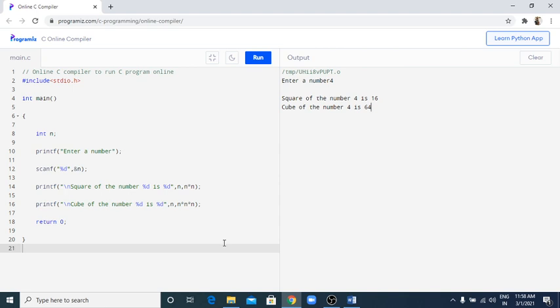Friends, you should practice this program in your notebook. Suppose you find the area of a rectangle, then how can you find that area of a rectangle? Write down this program in your notebook and send it to me on my WhatsApp.